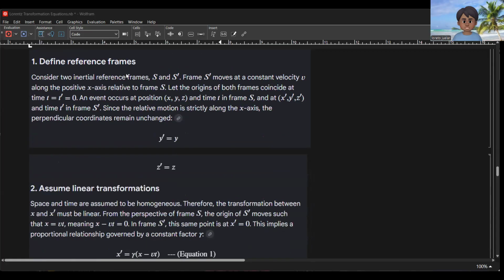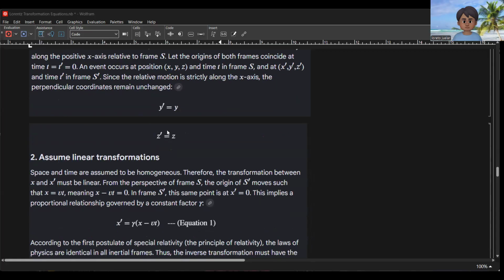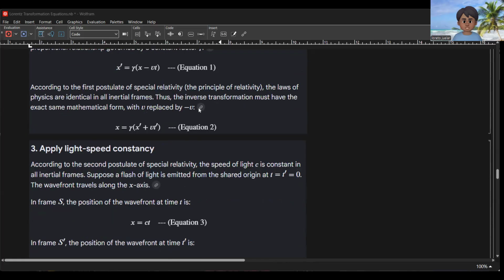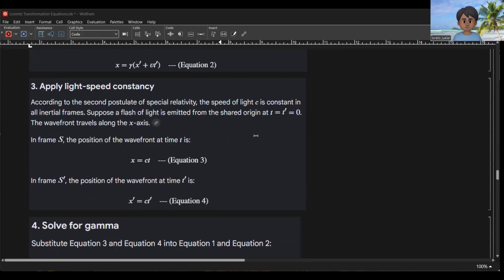Now define the reference frame here. So y prime equal to y, z prime equal to z. So we have to assume linear transformations. x prime is equal to the Lorentz factor times x minus vt. This is our equation 1. Now for our equation 2, we have x equal to the Lorentz factor times x prime plus vt prime. Then we have the